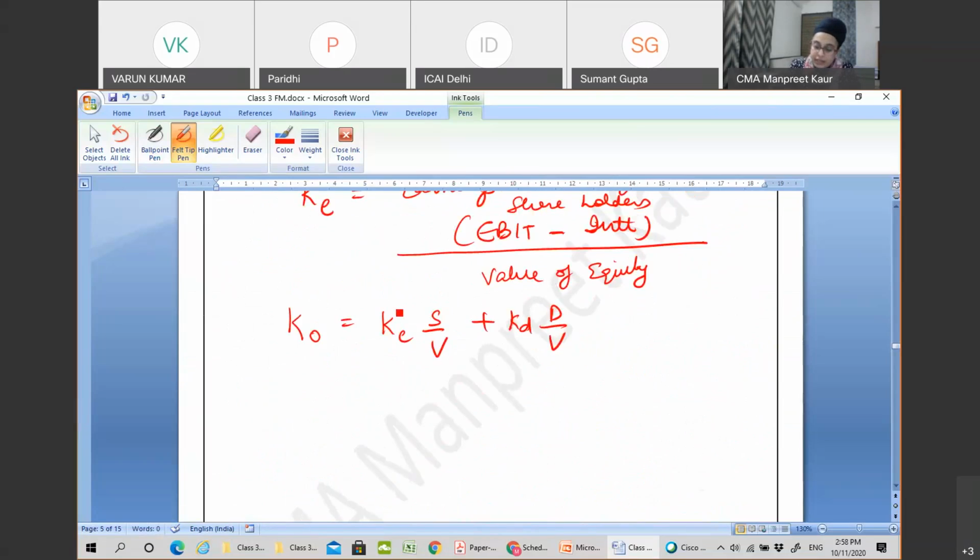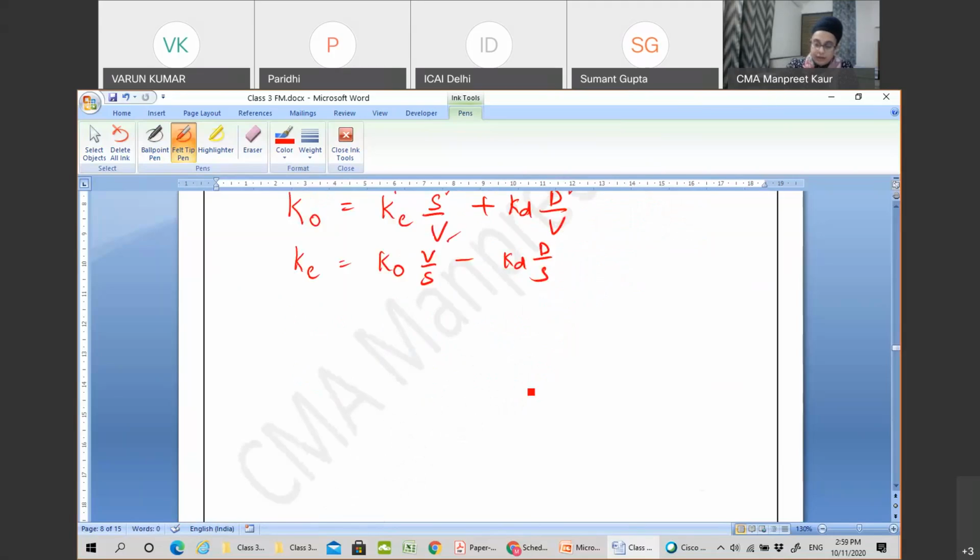And KD and KE is the percentage amount, market value of equity, market value of the value of the firm, market value of the debt. Or KE is equal to KO V upon S minus KD D upon S. This is the formula, and graphically it is